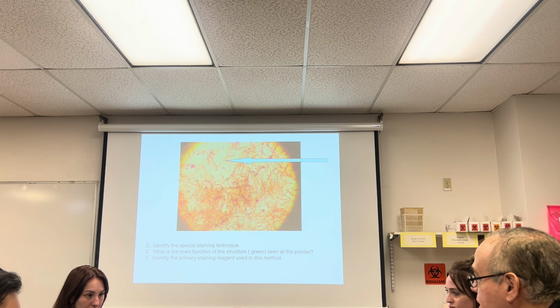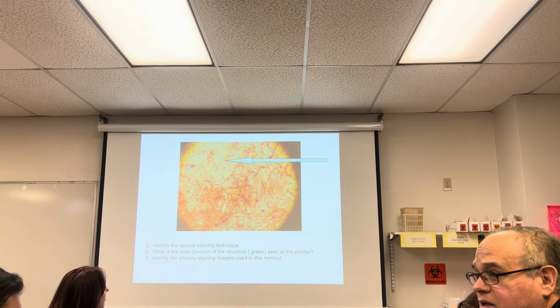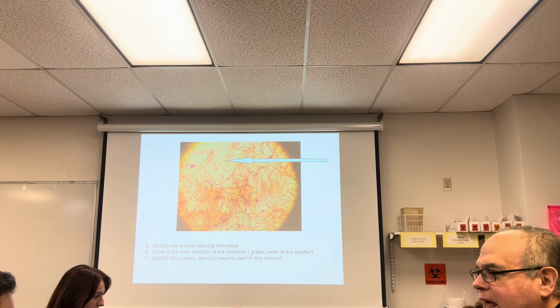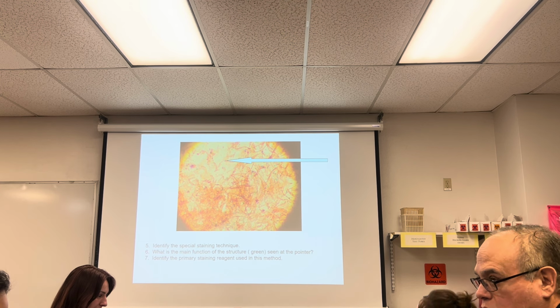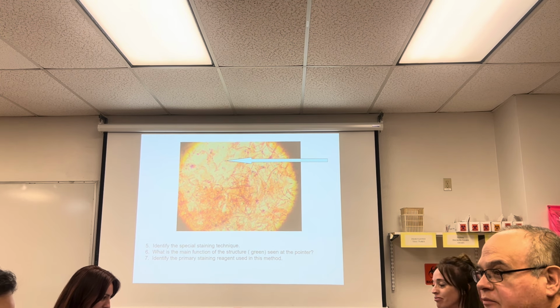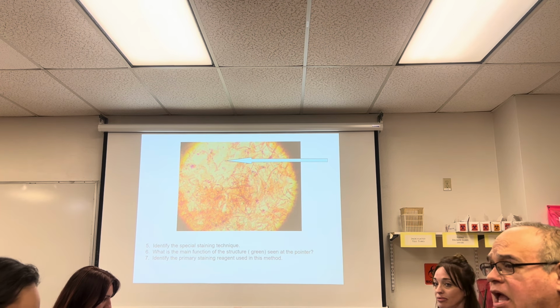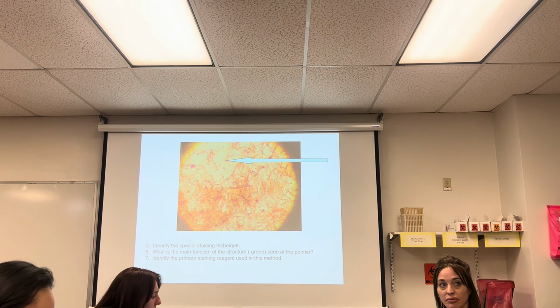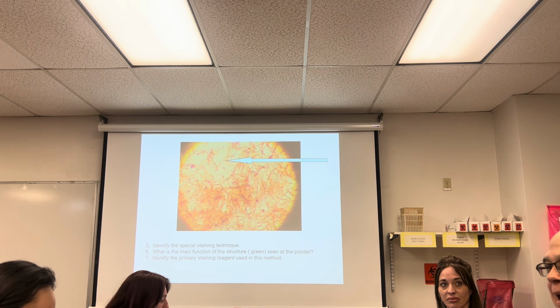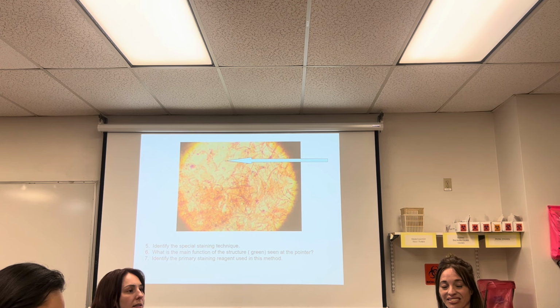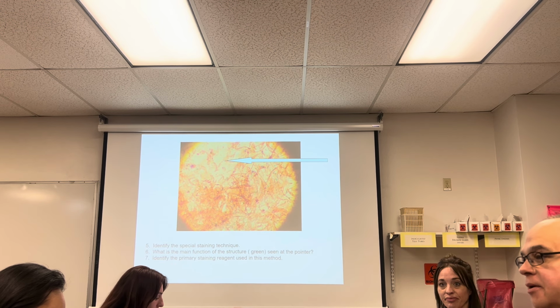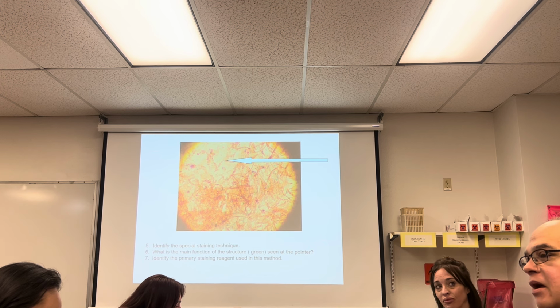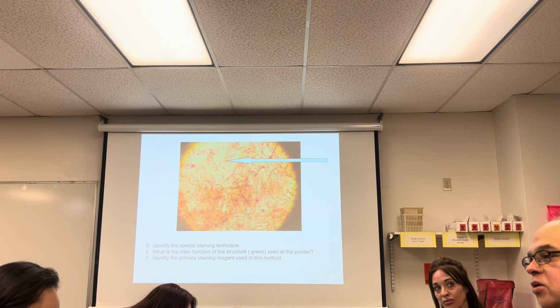Okay, now, what is the primary staining reagent in this methodology? Malachite green. And it can't just be malachite, because then you're talking about a stone. Words have meaning. But if you spell it malachite, to rhyme with parakeet, I'm still going to count it right because I can phonetically understand what you were trying to tell me. Okay? But if you mean malachite green and you say malachite blue, that's wrong.